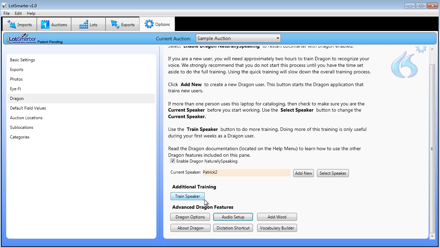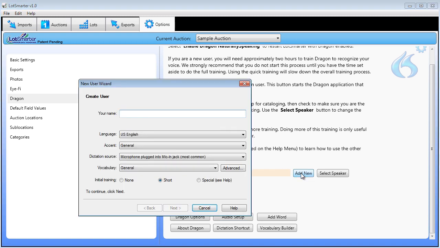After passing the audio setup, you can start building a speech profile with Dragon. Click the Add New button. In this wizard, you create a profile through which Dragon learns how your speech is different from its basic files. Complete this wizard as appropriate. You have to read a longer passage of prepared text during this process to let Dragon start learning how you speak. If you are uncertain about any of the settings in this wizard, click this Help button to bring up